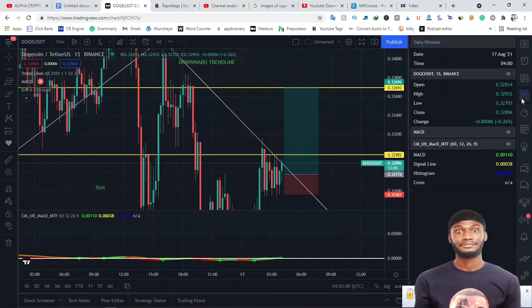This place is the data window. You see the price of the coin you open, the all-time low, the all-time high for the coin. Every piece of information you need, you're going to see. This is the data window. If you click here,